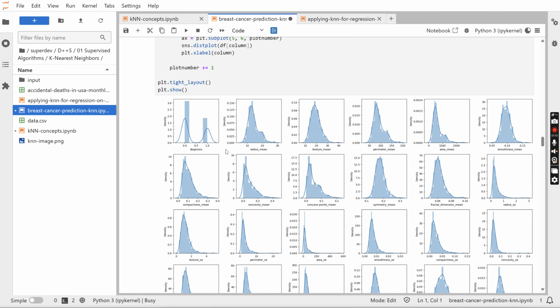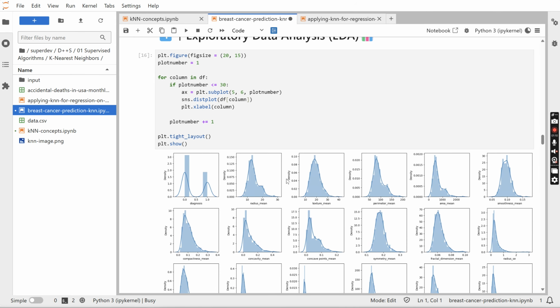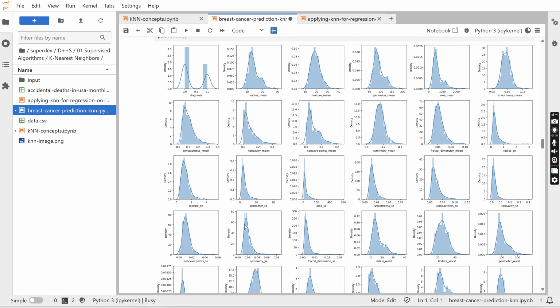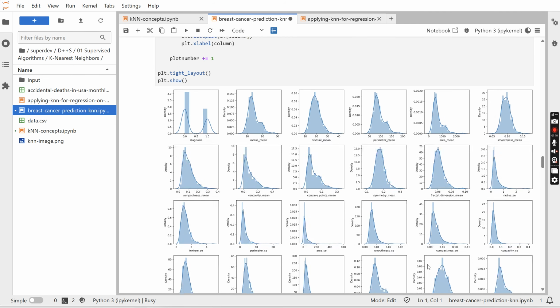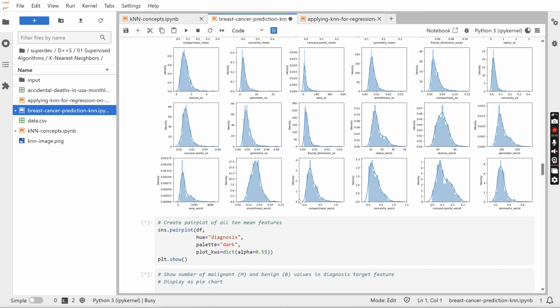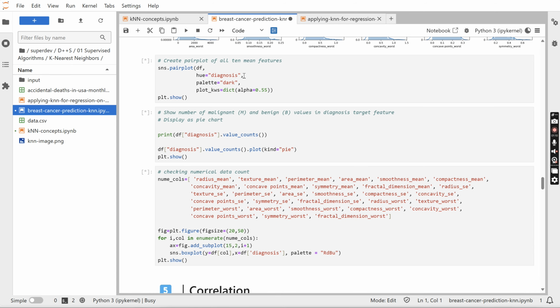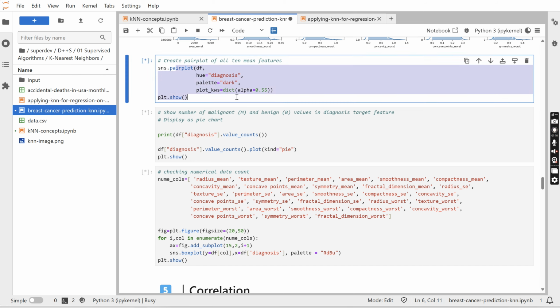So in EDA we are just understanding the distribution of the plot, because we have already said we want to find out if the data is skewed, whether any transformation has to be done. Okay, so we have seen that most of them are already decent enough to be used. So we are doing a pair plot also to understand the type of relationship we have in the data. Okay, this will take time to generate the plot, but anyway,